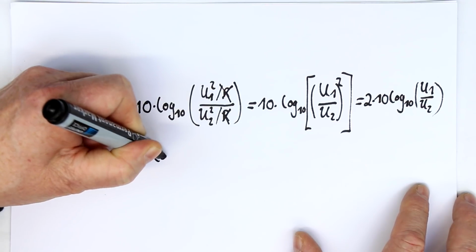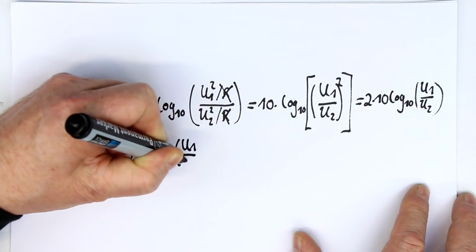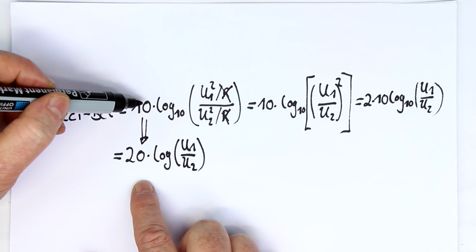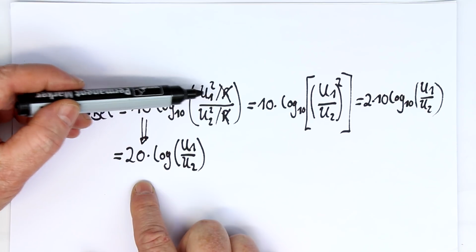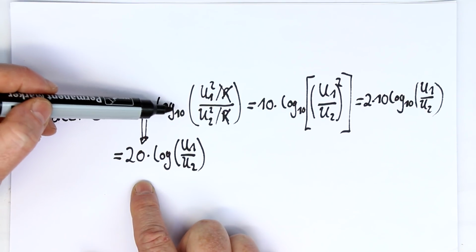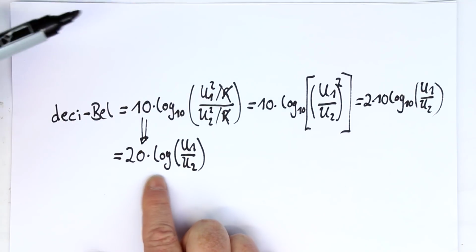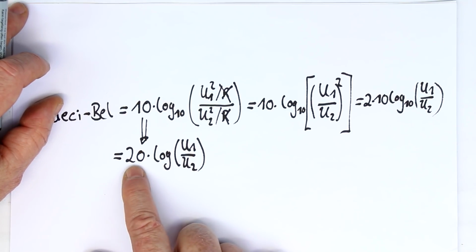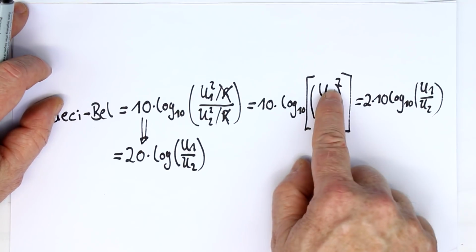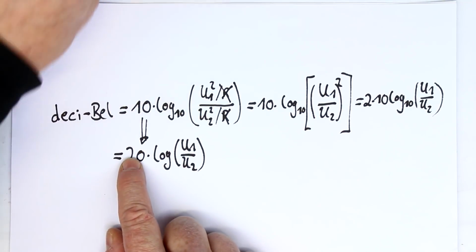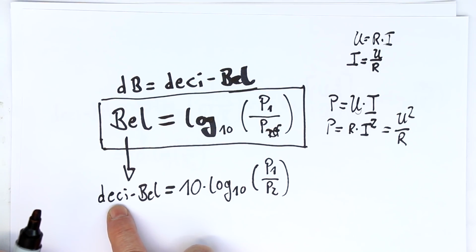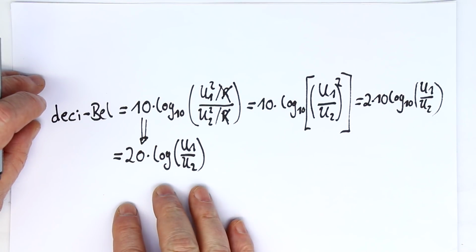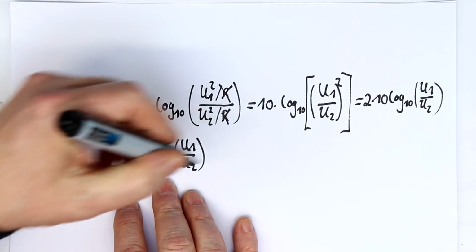So when we measure voltages, as we usually do with our multimeter, then here, that's the difference. If we directly measure and compare powers, then we have to use 10 times the logarithm of the ratio of the powers. But because we usually measure voltages, this translates simply to this factor of 20. The factor of 2 comes from the square, and the factor of 10 comes from, because we are using decibels. So that's the difference, and in most cases in electronics you're dealing with voltages or currents,